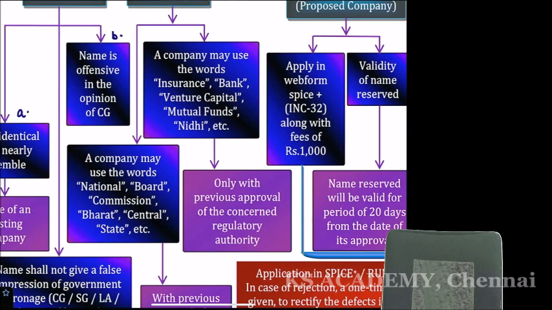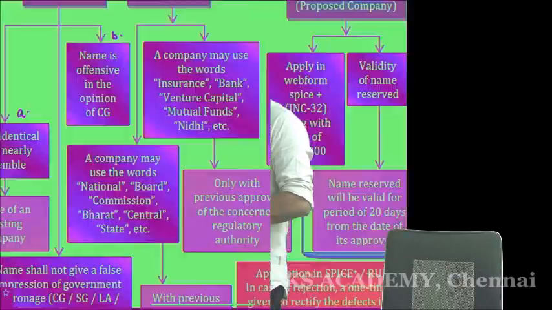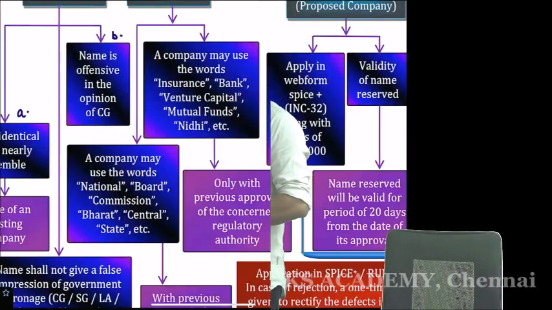If it falls below 7 in case of a public company and 2 in case of a private company, it can continue its business for 6 months. After 6 months, the members in that company are personally and severally liable for the debts and obligations. Thank you very much. Super.